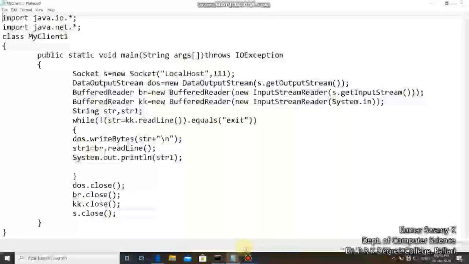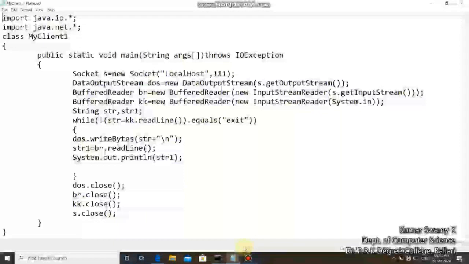One more buffered reader object we have created is KK. This buffered reader will help to attach a keyboard, so that there can be communication between server and client.